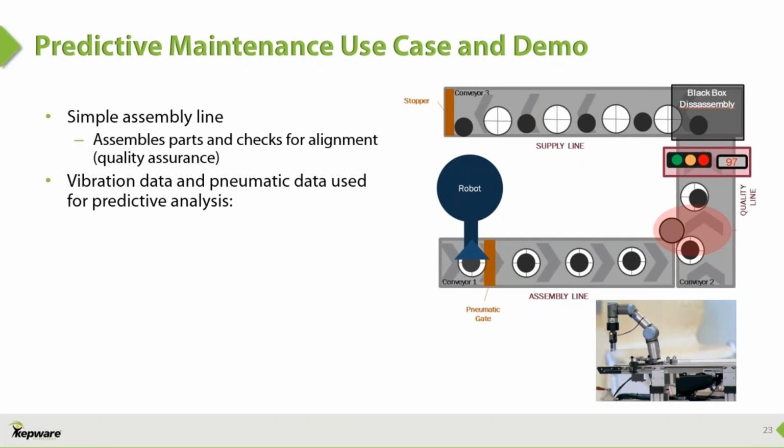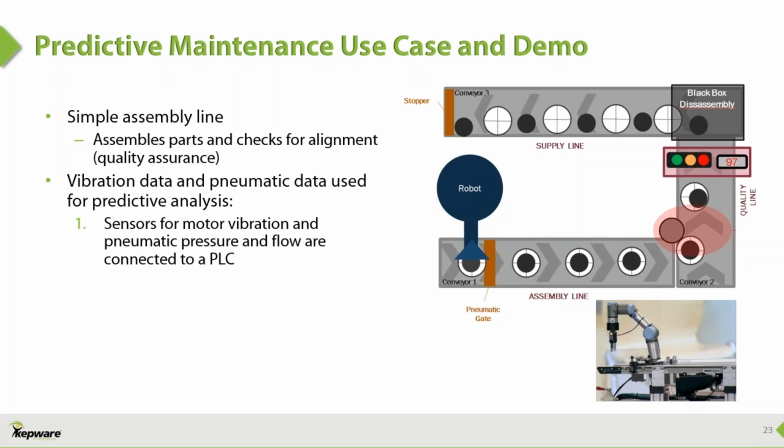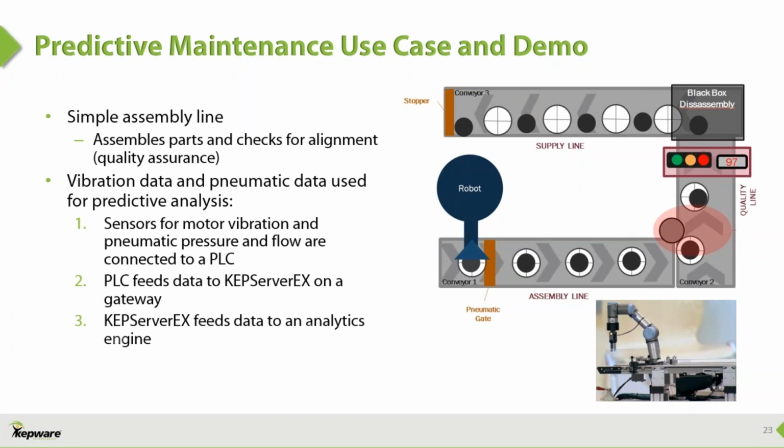So we have vibration data coming from a motor and pneumatic data that's coming in from this line, and we're going to use that for predictive maintenance in our demo here. So we have sensors for the motor vibration as well as pneumatic pressure, and those are connected to a PLC on the line. The PLC data is going to feed data to KepServerEX, which is installed on a gateway,